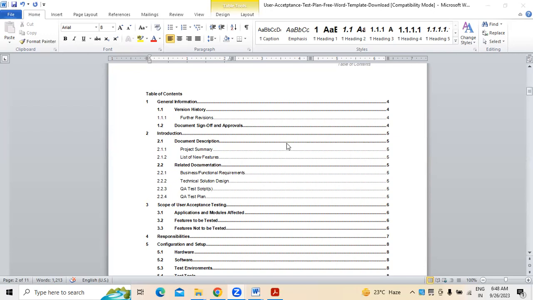Right. After that, we will be going to the introduction, where in this introduction, we have to mention about the document description part. And about, we have to update about the project summary as well, whatever the project we are working on, followed by the kind of list of features which are involved in it. Right. At the same time, related documentation, something like whatever the business and functional requirements do we have, and technical solution designs, right? So at the same time, test scripts, test plans, whatever the test planning and test scripts were prepared earlier and were